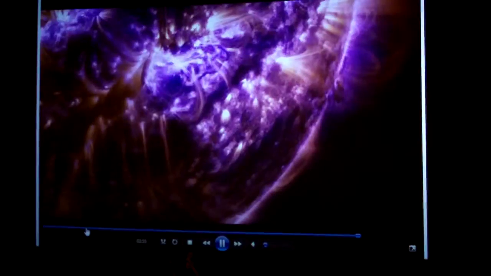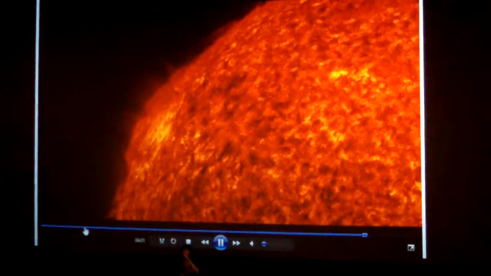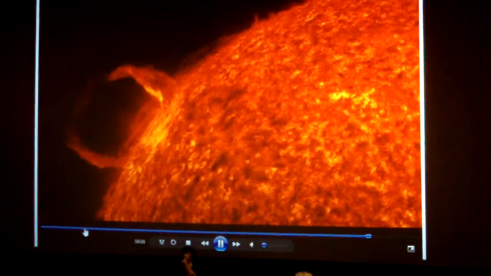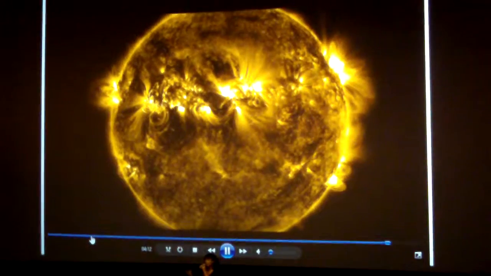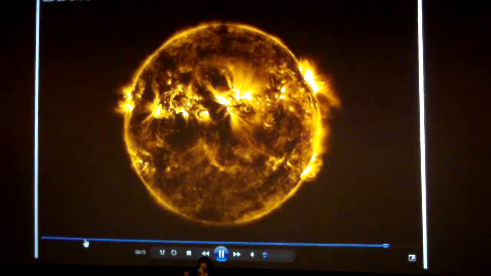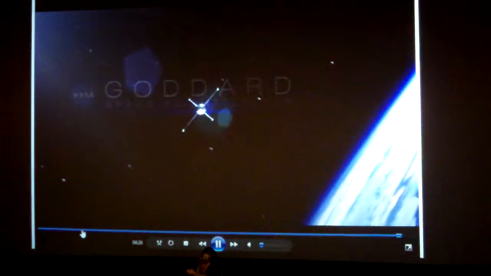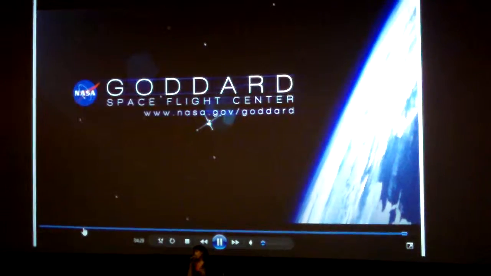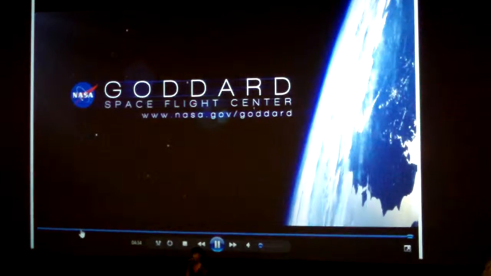So the LSST is the flagship for ground-based or Earth-based observing for the next decade. But we also have all of these other observatories that are going to go up in space. So kind of the next successor to the Hubble is the James Webb Space Telescope, which is an infrared telescope that will live out in space. One of the neat things about having something like LSST on the ground while you have those space-based observatories is that you can use them cooperatively. So you can observe the same kinds of things and learn complementary kinds of information to get crisper images than you would be able to from the ground. So one of the chief motivations for doing something like a ground-based survey is that it's way cheaper